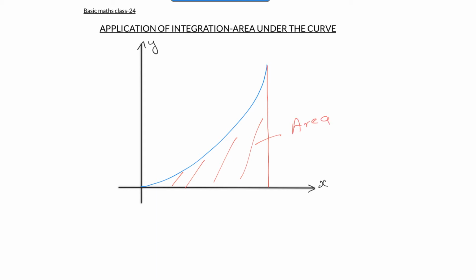So we know that if it is like a rectangle or triangle, etc., we know how to find out the area of that. But over here you can observe that it is not having any specific shape, so we don't know the equation for this. So in such situations, we'll use the support of integration to find out the area under the curve.